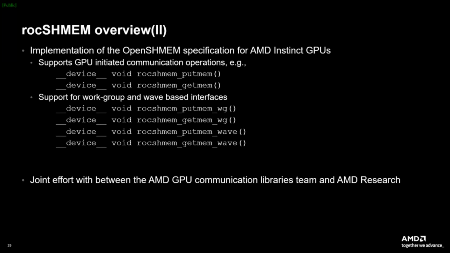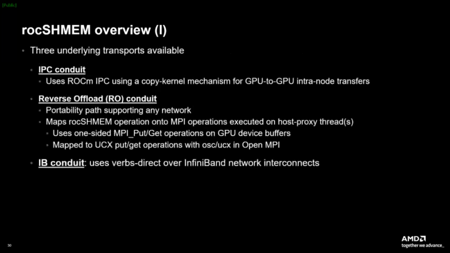And yeah, so internally, RockSHMEM has the ability to use different mechanisms for the data transfer. One of the mechanisms is to use the IPC conduit, which performs GPU to GPU transfer using a kernel. We have a so-called reverse offload conduit, which uses a host proxy thread mechanism to funnel the communication through the CPU side. This is to some extent a fallback path, but also a portability path, because